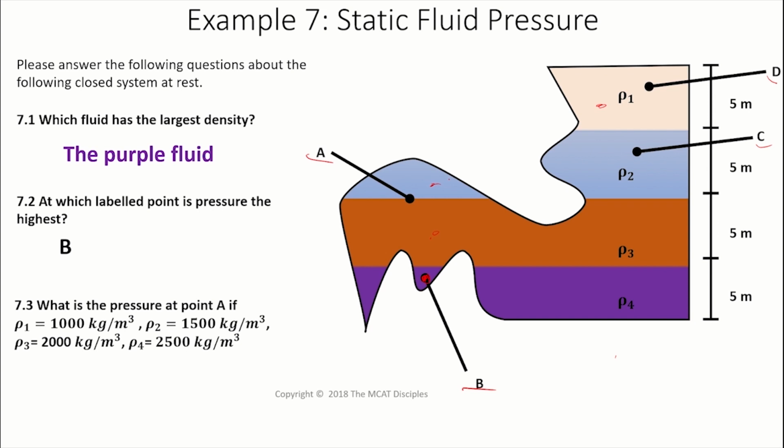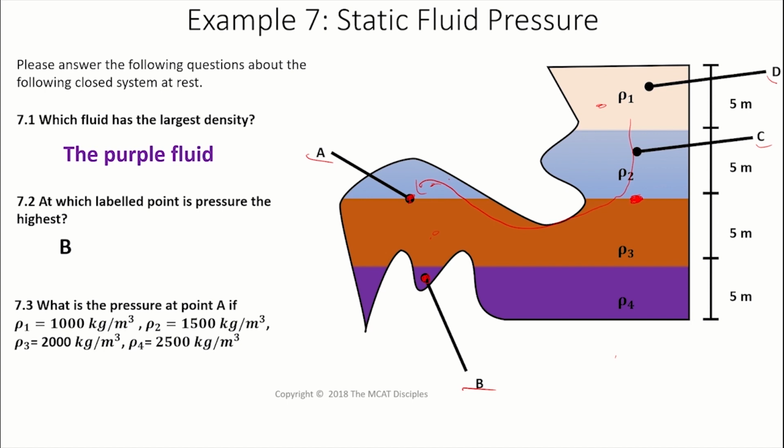So don't be afraid. I just want to make a point here. This point A here, in this little weird outshoot of the stone thing that's holding the fluid, that pressure there is equal to the pressure here. It doesn't matter that it doesn't look like the brown fluid is on top of the blue fluid here, because the pressure being generated by this light brown fluid is being transmitted all the way down to that point here. Okay, because that's Pascal's principle.